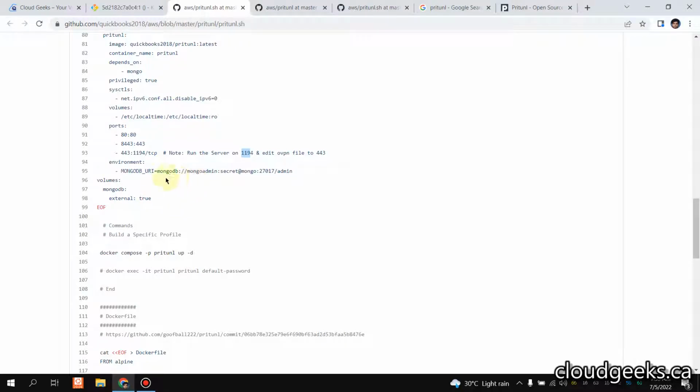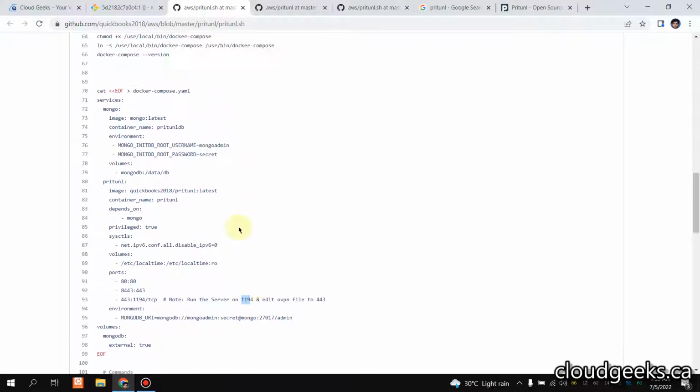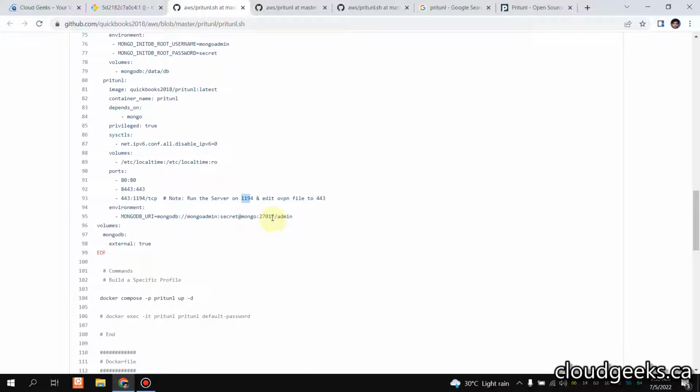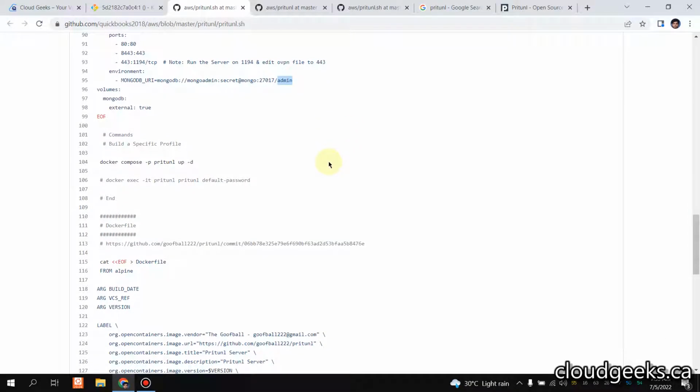So this is the MongoDB URI. It is going to be connected with this internal network. So mongoadmin is the admin user, security is the password, and @mongo is the DNS name of this host, or hostname is mongo. So we are connecting with that Mongo on this port, default port, and /admin is the database, default database I'm using here. These are some of the details with regard to the